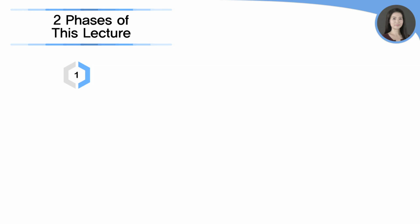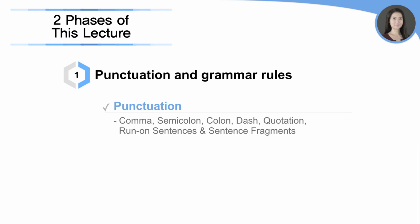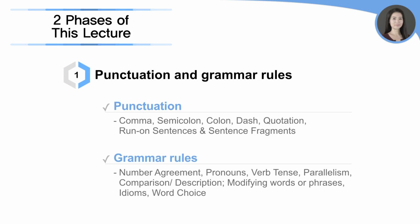Let's talk about this lecture. Here's how to make the most out of this lecture. There are two phases. First, we learn the punctuation and grammar rules. This includes comma, semicolon, colon, dash, quotation, run-on sentences, and sentence fragments. In the grammar section, we'll learn number agreement, pronouns, verb tense, parallelism, comparison and description, modifying words or phrases, idioms,